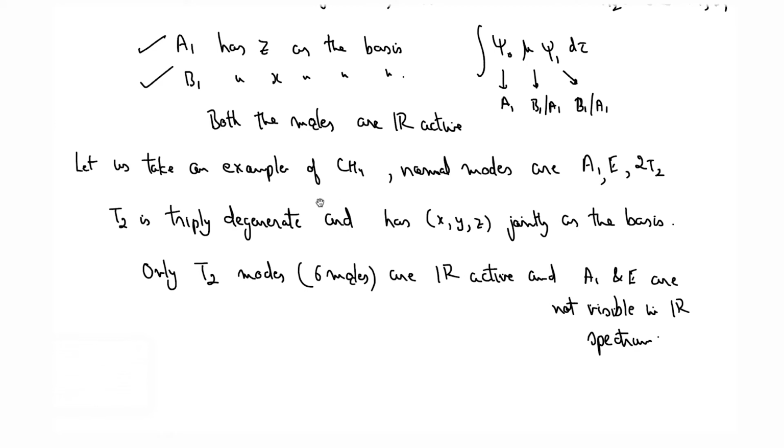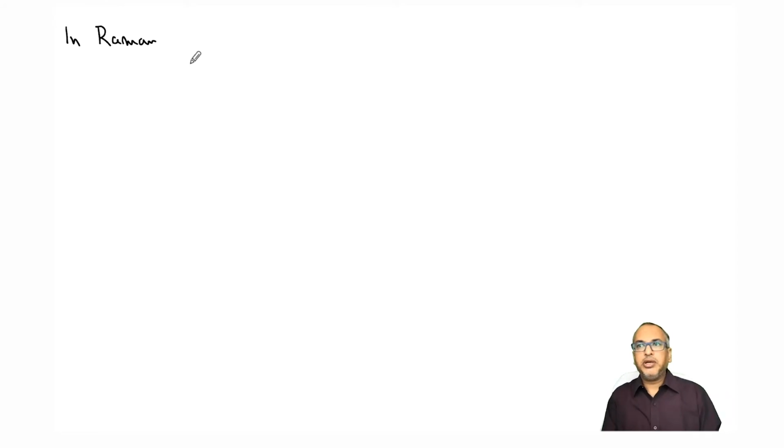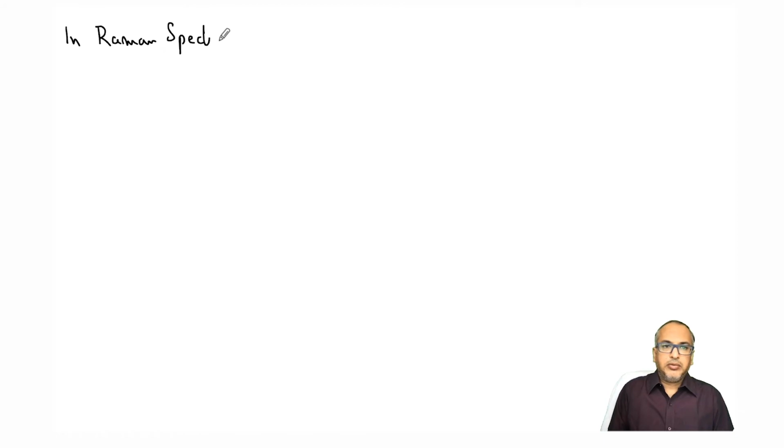So now we have learned how to identify which normal modes of vibration will be actually observed in IR spectroscopy based on symmetry rules, right? Now let us, in the same lines, also continue this discussion for Raman spectroscopy. So in Raman spectroscopy, the only difference is that the integral, instead of dipole moment, now you have polarizability, right? In Raman spectroscopy,